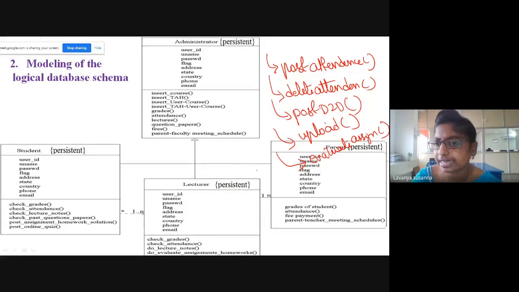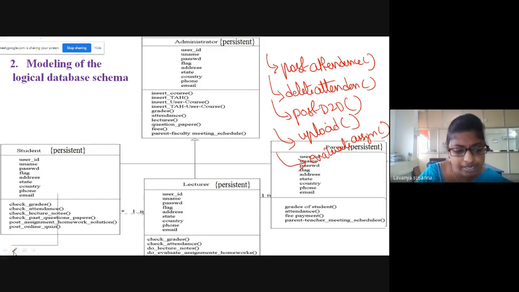He can post the attendance, delete the attendance, and post the day-to-day evaluation marks like class test marks, internal marks, all those things, and upload the lecture notes, PPTs, and evaluate the assignments. All these things faculty will do. Just identify the operations in a simple way, in this way. On your own you can write. No need to memorize all these things.